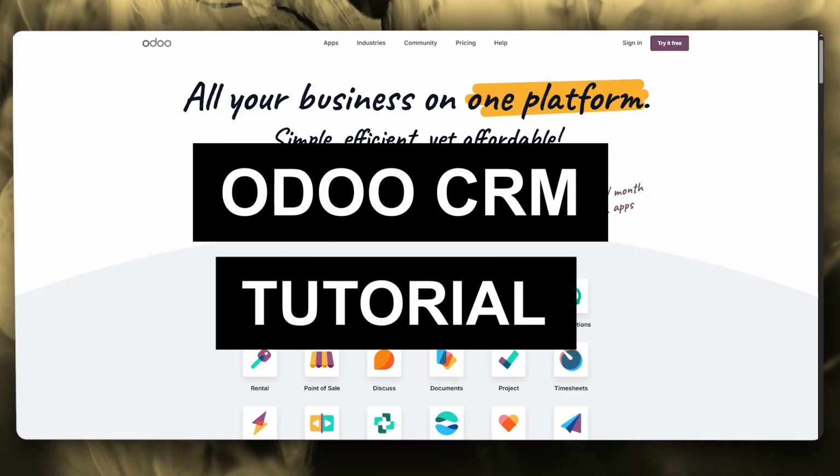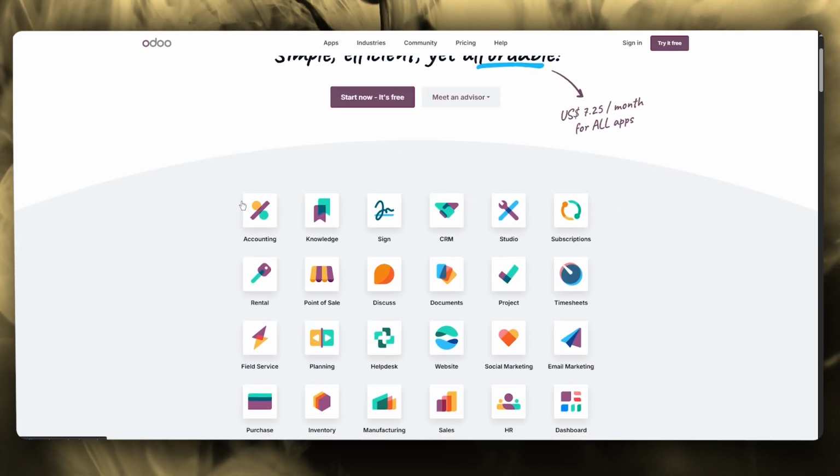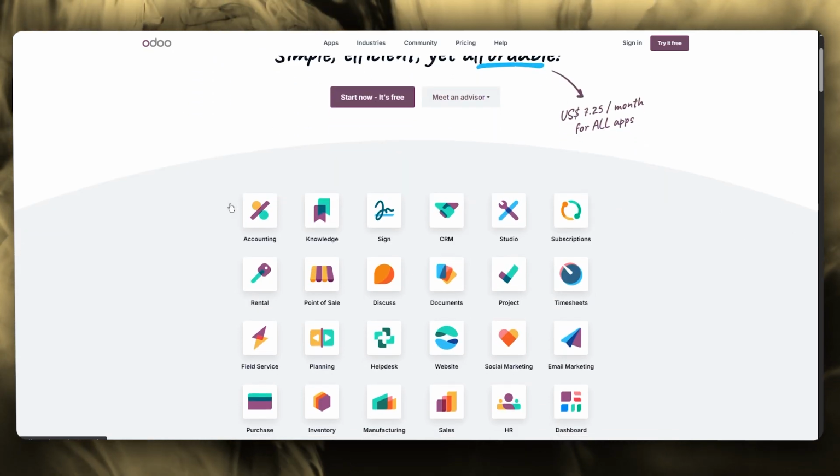Odoo CRM full tutorial for beginners. Welcome to this beginner-friendly guide to using Odoo CRM, one of the most versatile and powerful customer relationship management tools